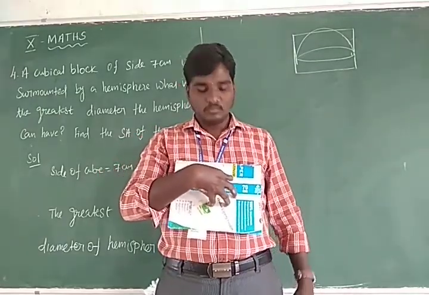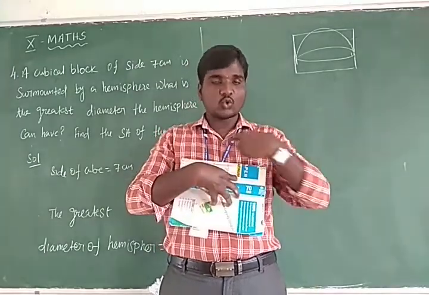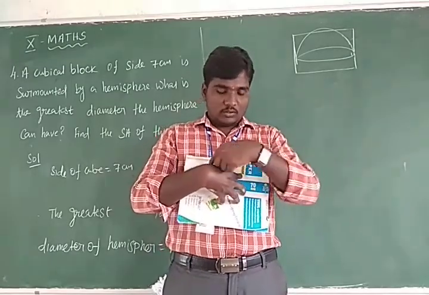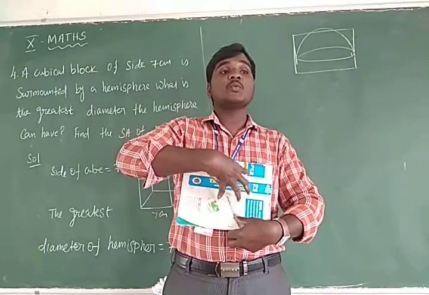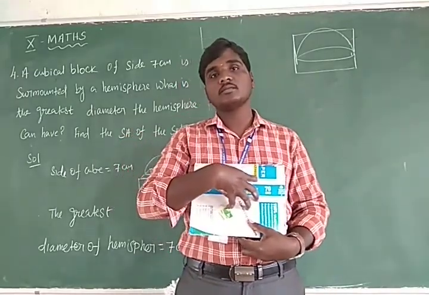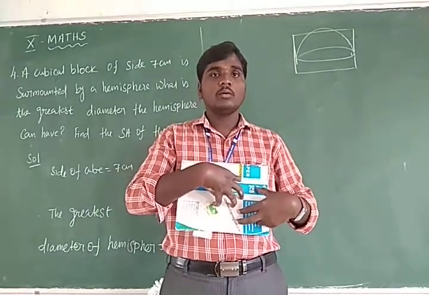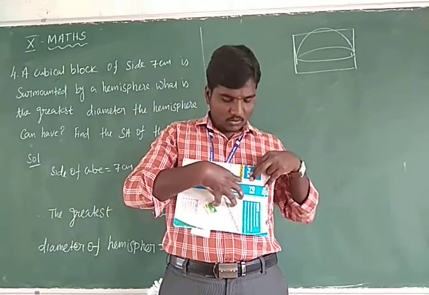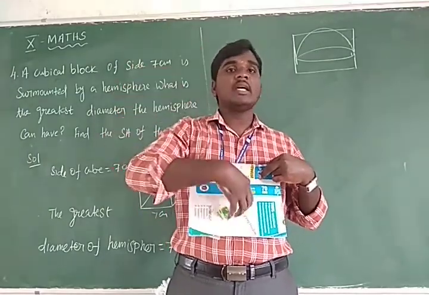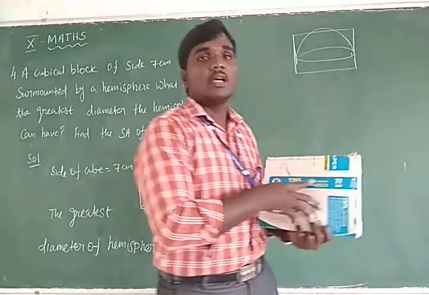Recall it. How will you find out the top area? It is a square shape. Okay, on the square shape one hemisphere is there. Okay, how will we find it? So the area, the top view, minus, okay, the hemisphere fits with the top view, no? What is the shape? That is circle shape.